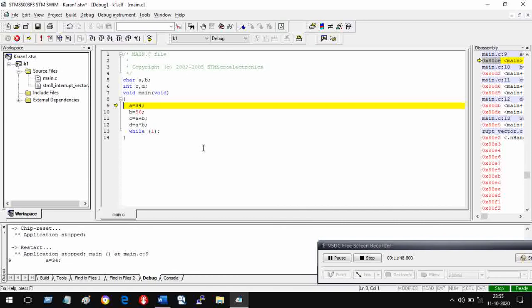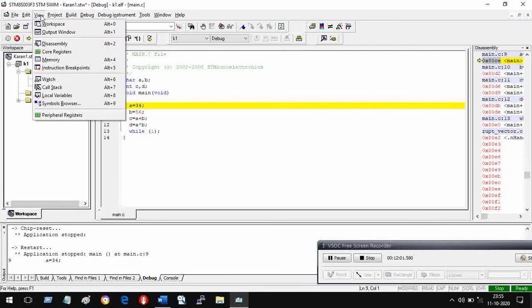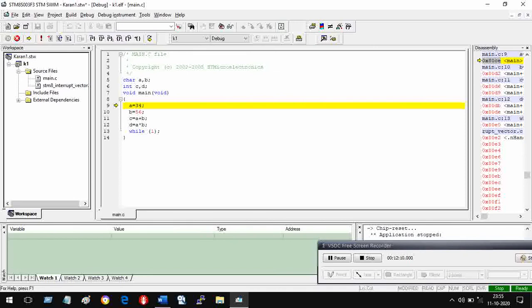So how will you know that it has assigned? For that we call it a watch. Watch means you can watch values of many variables. So I go to view. You can see I have gone to view, and there I need to go to watch, so I will be able to watch the variables. What are the various variables?